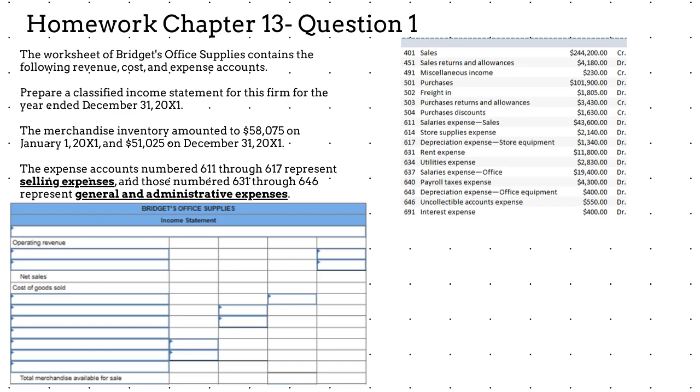This is question 1. The worksheet for Bridget's office supplies contains the following revenue, cost, and expense accounts. Prepare a classified income statement for this firm for the year ended December 31, 2021. The merchandise inventory amounted to $58,075 on January 1, 2021, and $51,025 on December 31, 2021. The expense accounts numbered 611 through 617 represent selling expenses, and those numbered 631 through 646 represent general and administrative